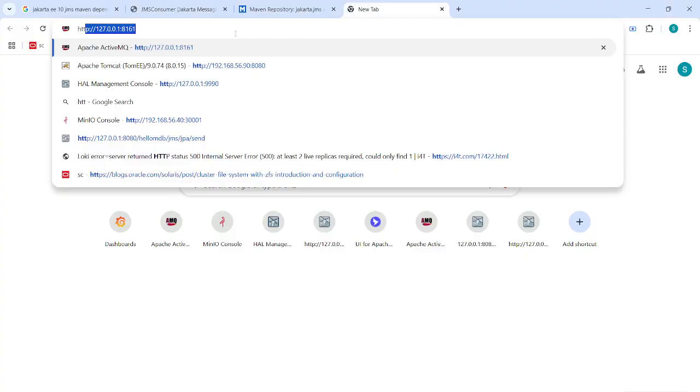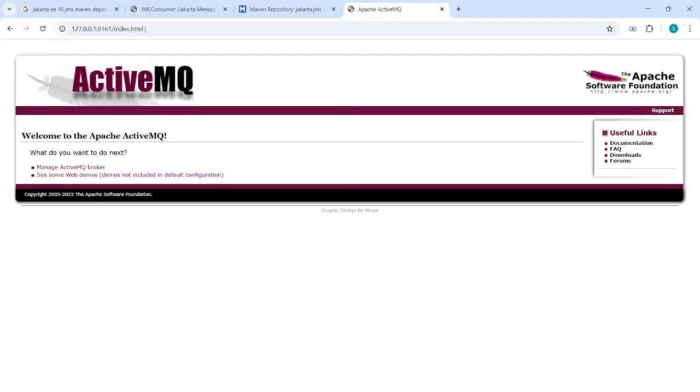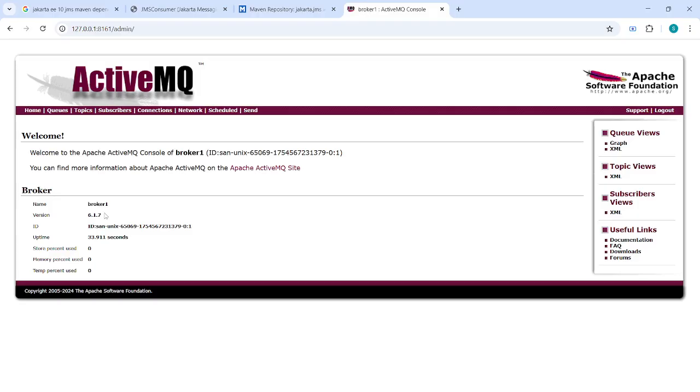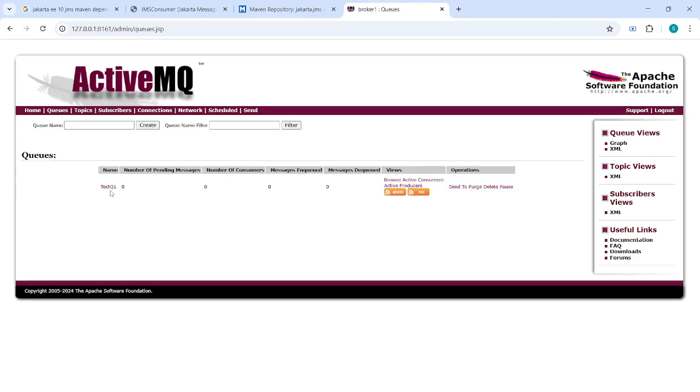So this is the admin console, http://localhost:8161, that is the port number. First time it will ask for the username password. You can put admin and admin. Then go to manage broker. Here if the broker information is showing, go to the queue, and you can see one queue